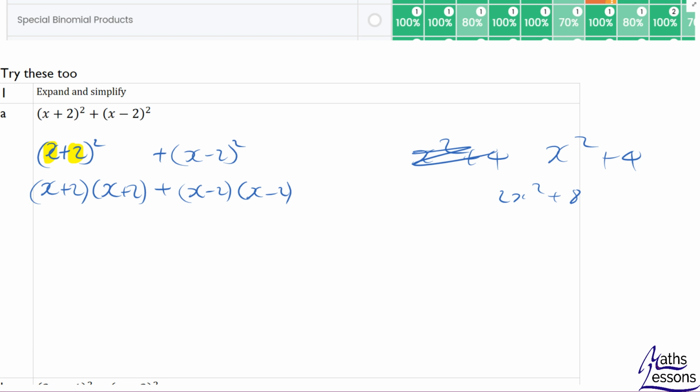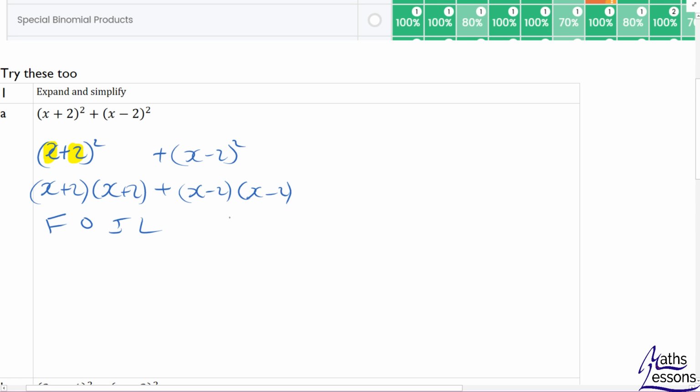Okay, so what we'll do is look at how to expand this. When we expand this, the one technique I tend to teach is FOIL. Okay, and what does FOIL stand for? Well, it stands for first, outer, inner,